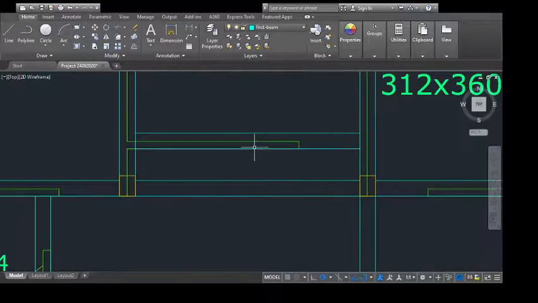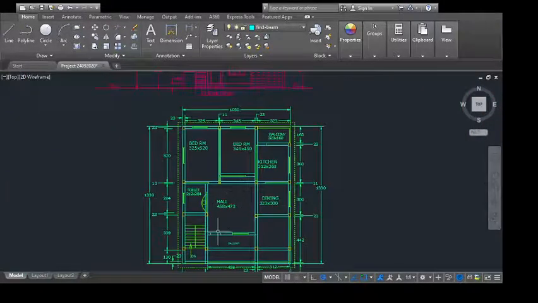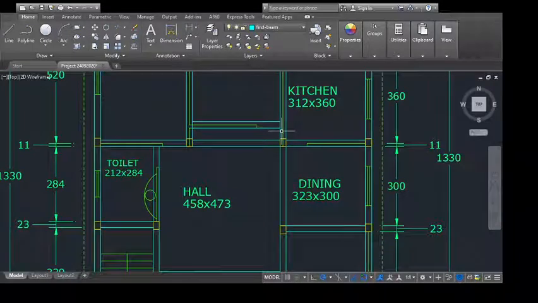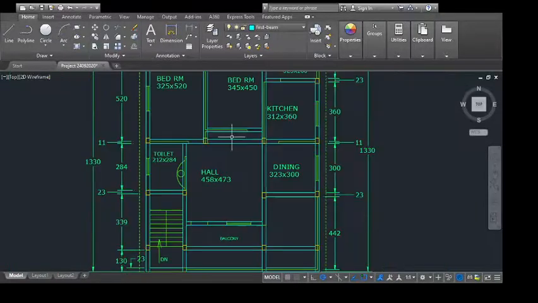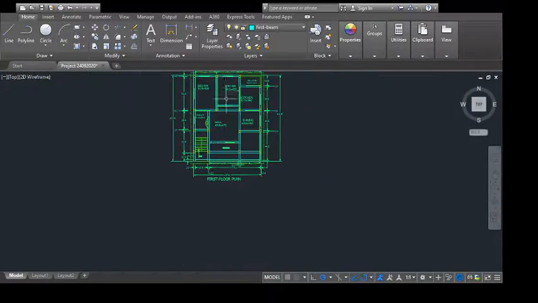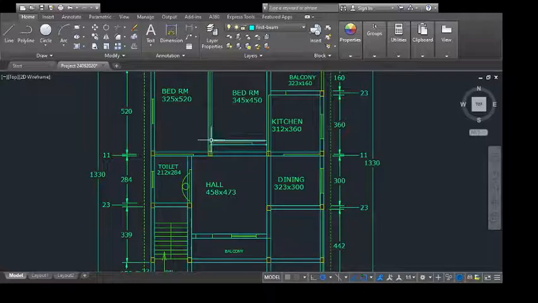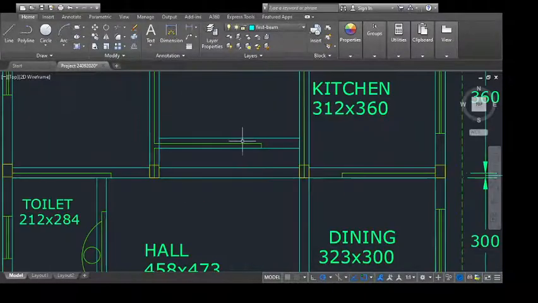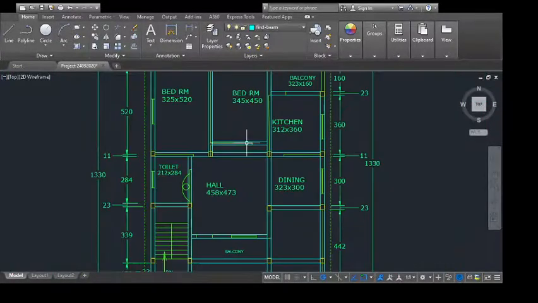If the beam is shifted in the other direction, from the hall where the guests are sitting, they find that the line of the beam and the line of this partition wall or this thin wall is the same. No one will be able to make out that there is a beam over here. Now obviously from the bedroom, when someone looks on top, this difference will be seen. The beam projecting out will be seen. But that is always better because it is in the bedroom. Only the owner will be able to see.